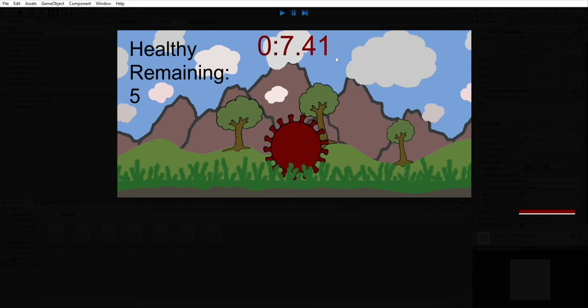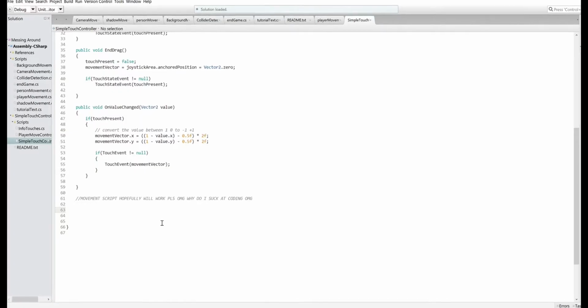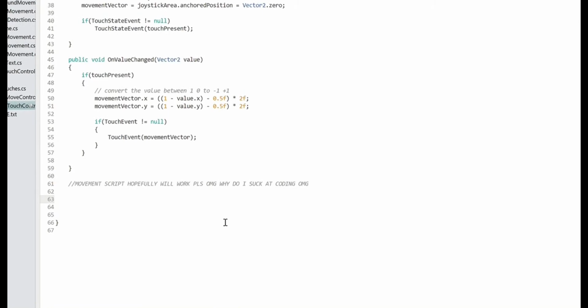Then I decided that this mobile game should actually have mobile controls. I know, it's a big brain moment. I can't believe I thought of that either, so I made this joystick thing and it doesn't look very good, but oh well. Many days later, and many failed tutorials later, I tried to make the player actually move with the joystick,